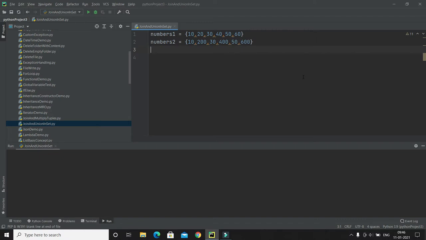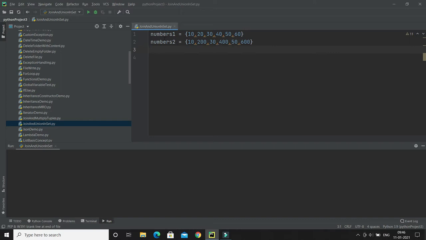There are several ways to join two or more sets in Python. You can use the union method, which returns a new set containing all the items from both sets. Or you can use the update method, which inserts all the items from one set into another. We already learned that in the previous video tutorial, but I am still going to discuss both methods. So let's see how we can use the union method to return a new set that will contain all items from both sets.